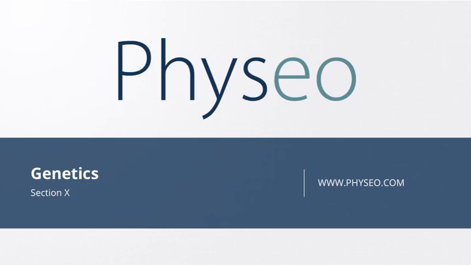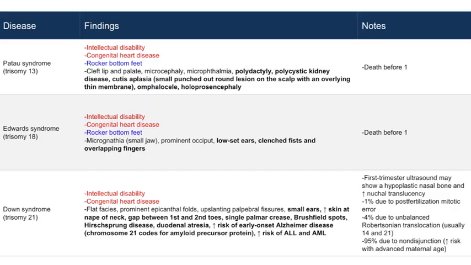Welcome to section 10 of genetics. In this section, we'll be discussing autosomal trisomy disorders. Let's get started. This is a table of the autosomal trisomy disorders which can be found in section 10 of